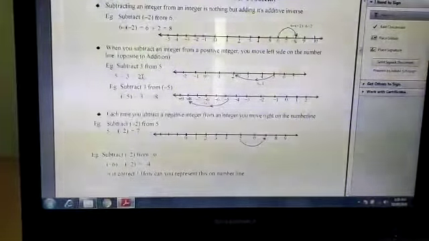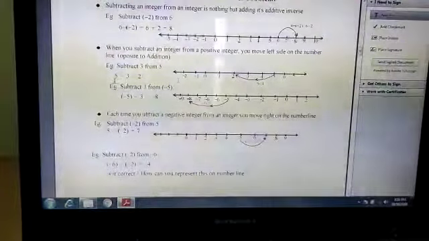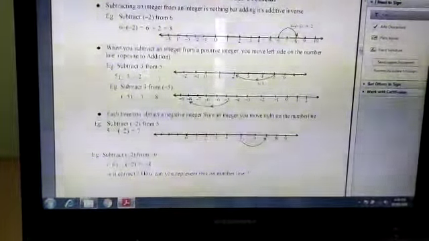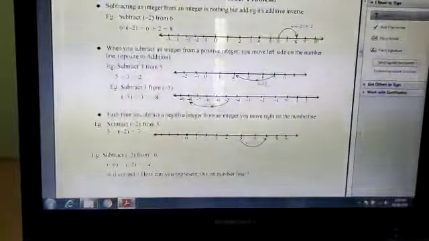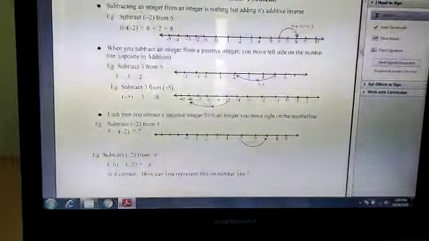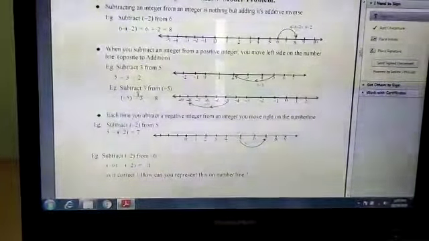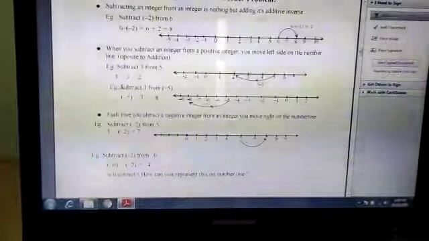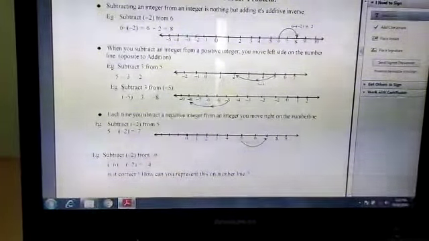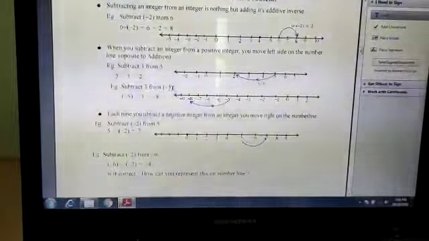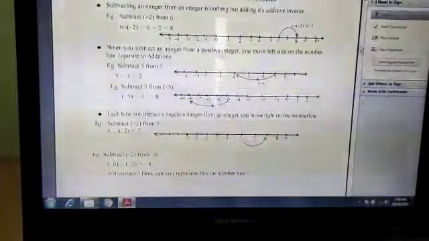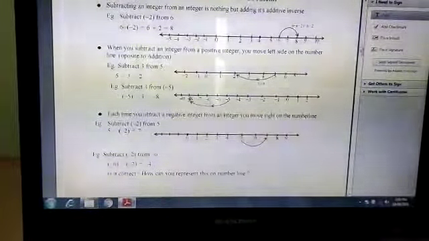How do you do this one on the number line? You have to start from 5. How many steps to the left side? 3 steps. Yes. Why? Because it is -3. Similarly, another example that is given in a sentence: subtract 3 from -5. So from -5 you are moving 3 steps to the left side.